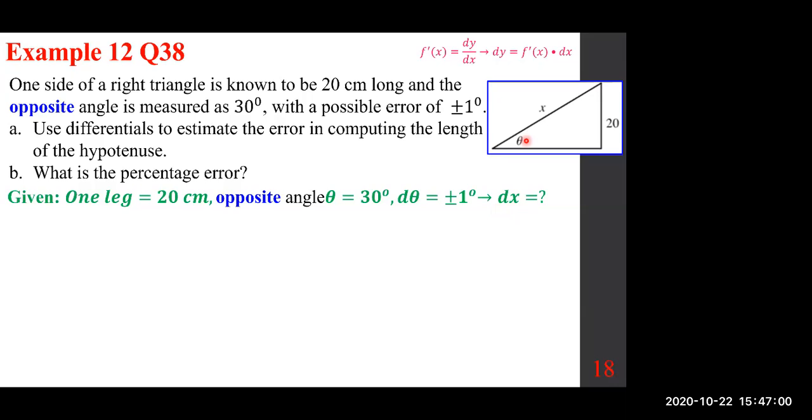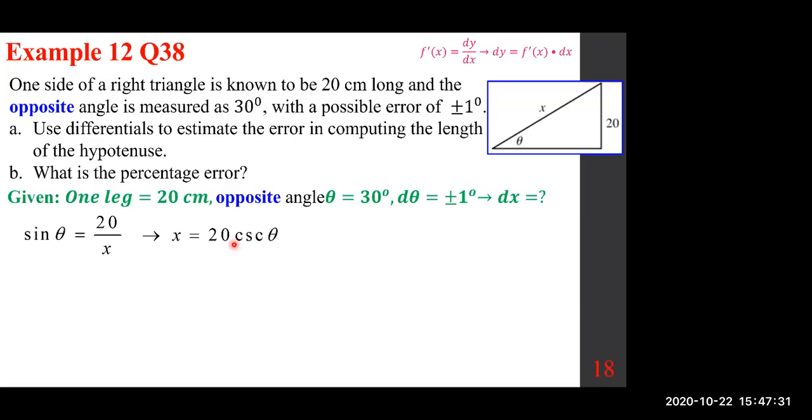Sine theta is the opposite over the hypotenuse, so sine theta is 20 over x, or x is 20 over sine theta. So now x is a function of theta, class. That means x is the dependent variable, theta is the independent variable. So we want to take the derivative with respect to theta, so we want dx d theta, which is 20 times